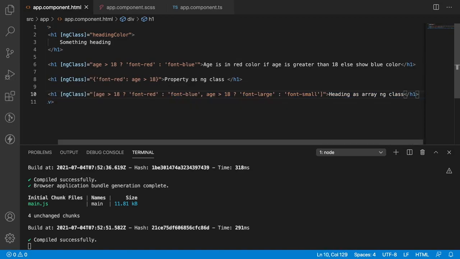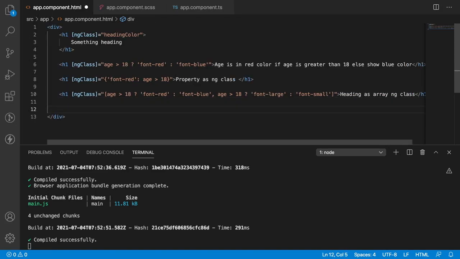We may have a lot of questions like, if I have a class and if I have an ngClass, which will be the priority? Let me show that. Let me create one more heading tag h1, and I'm writing ngClass equal to, if age is greater than 18, font-large, and else I'm using empty. Here I'm writing ngClass based on class. So I'm writing one more property called class. It's a normal CSS class. Let me write font-small.